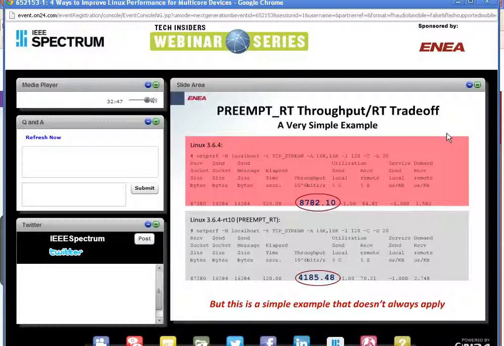The throughput on the standard test measured at 8,782, what is it, megabits, no, I can't quite read it. It's too small for me to read in this diagram, and I can't quite remember what it is, but the number that you need to know is 8,782 versus when you employ the preempt RT patch set,